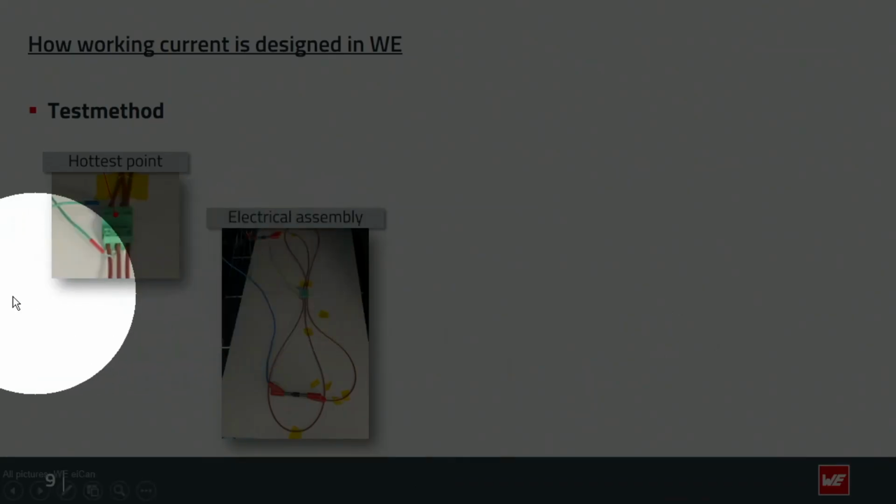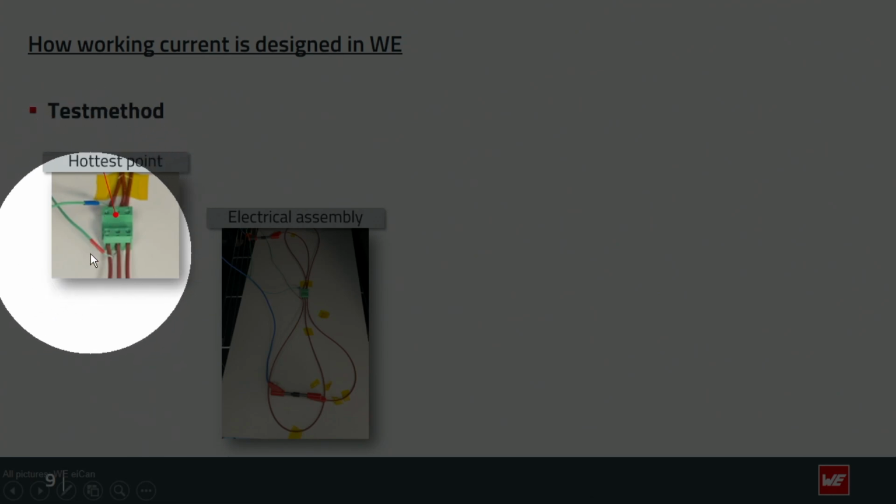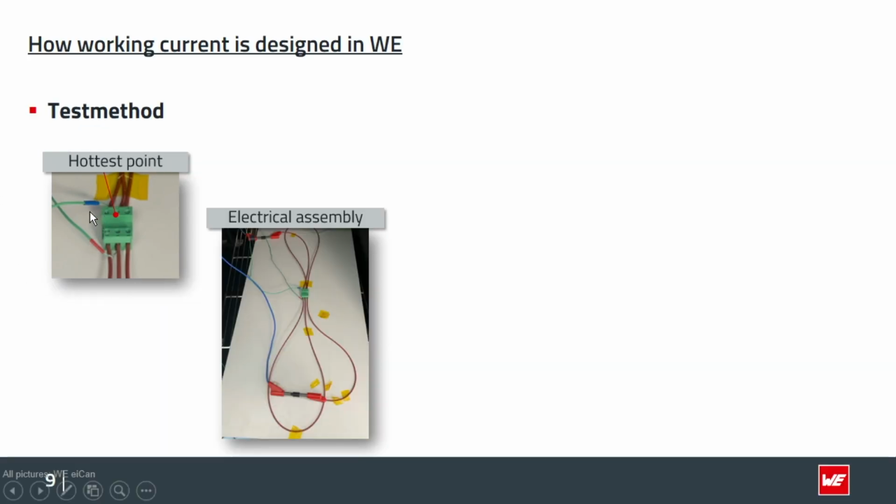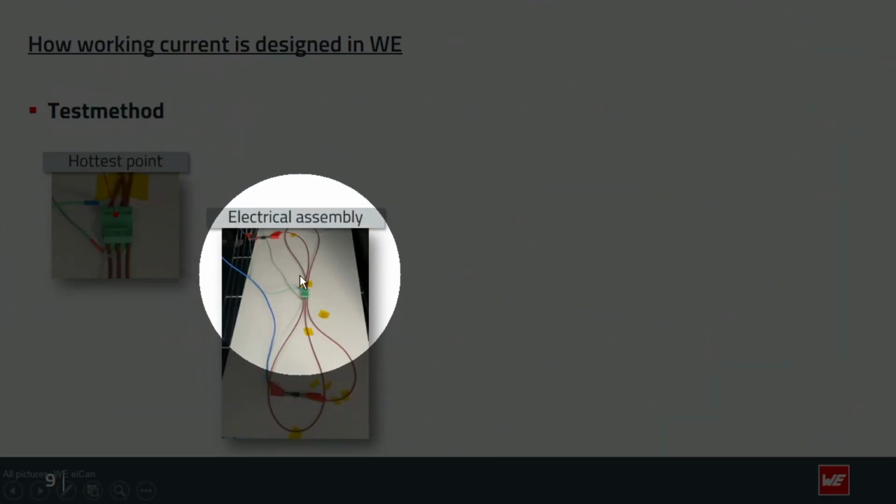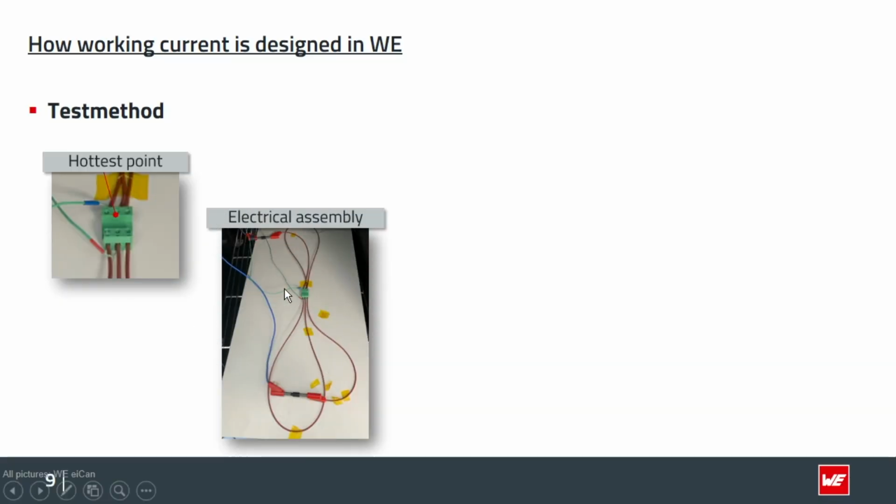You can see the wires going inside here, the red and blue one marked, so we placed that right in the middle, which is expected to be the hottest point of this kind of connector. On the middle image here, you see how we wired that in total. Also the length of the cable was chosen by the standard. The standard says it has to be at least 50 centimeters long,